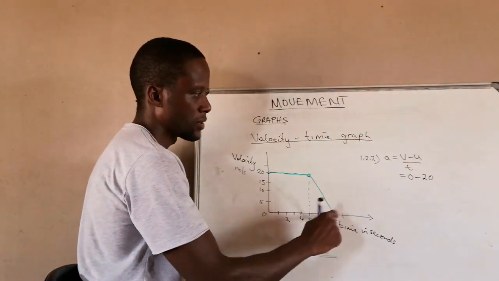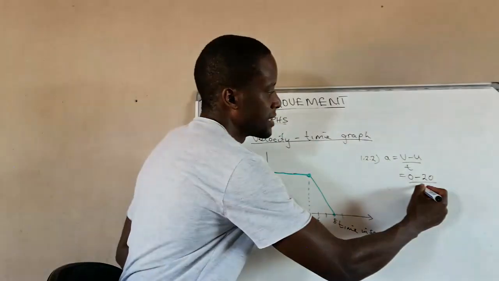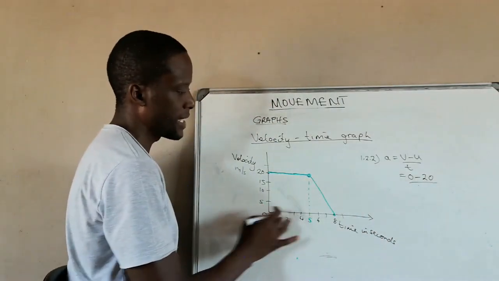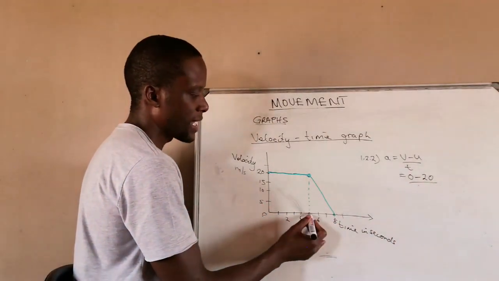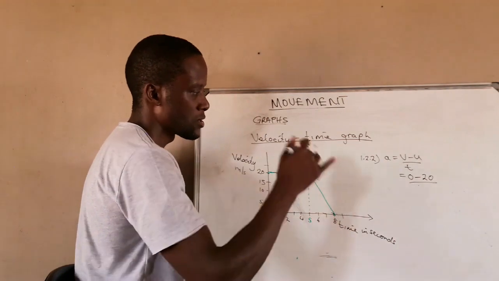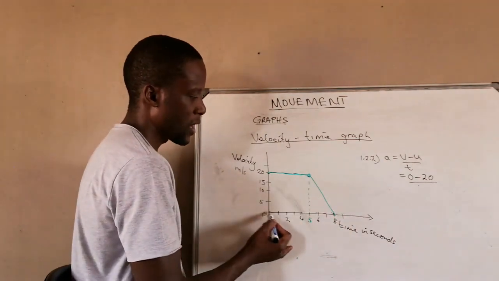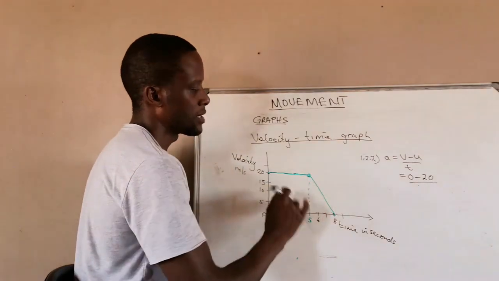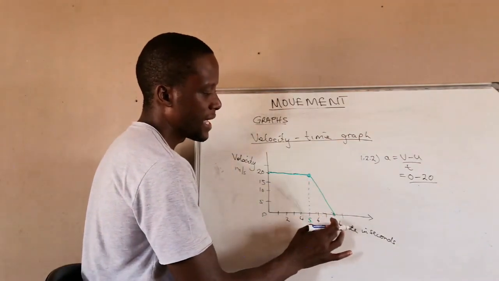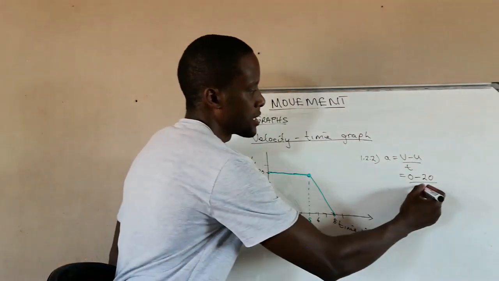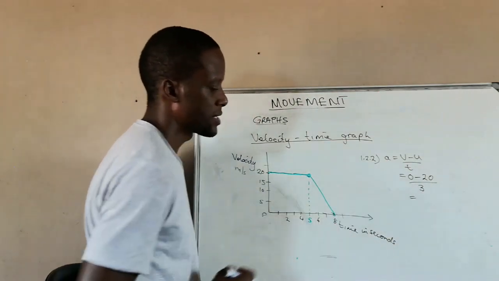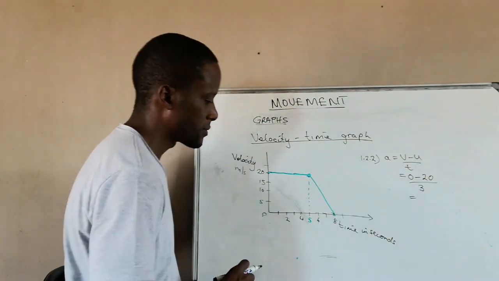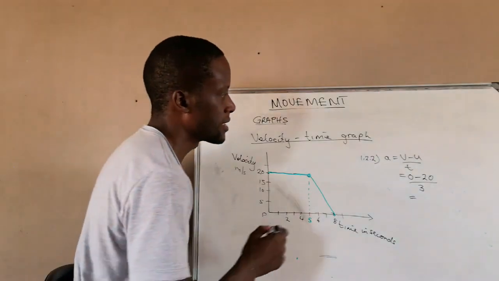Initial was 20, then it goes down to that. We are dividing by the time. Do not use the 8 seconds, only use the time within which it was slowing down. From 0 up until 5, it was not slowing down, it was moving at a constant velocity. So our time is 8 minus 5, which is 3. Our time will be 3 seconds, and then if we calculate using that graph, we find that it will give us